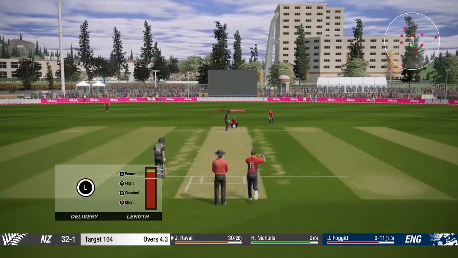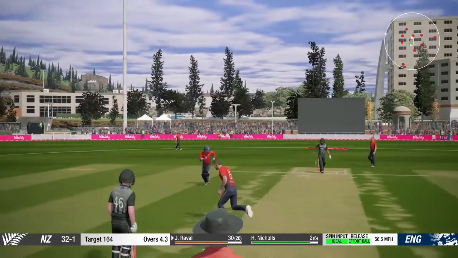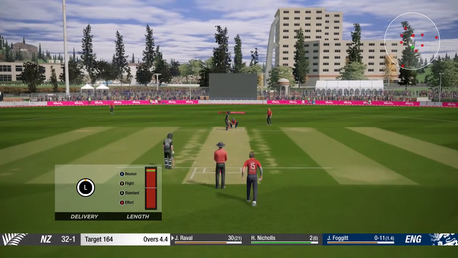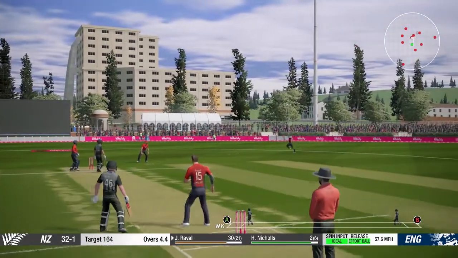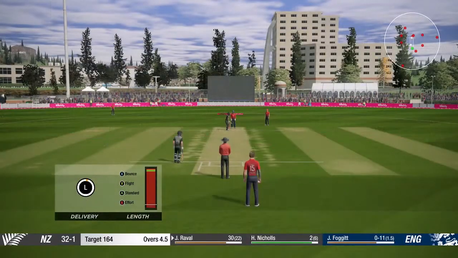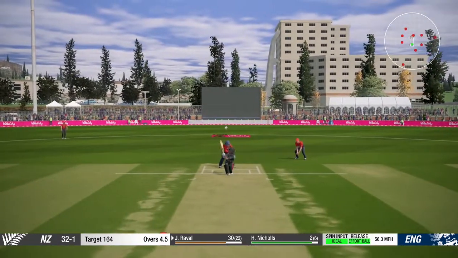I'd rather bowl at the more fresh batsman who's not done much so far, but that's a big thick edge from Raval, and well, he definitely did not like that googly, so we'll try it again, see if he... Oh, it's another edge. Oh, but just stays very, very low, and we have got Raval in all sorts of problems here. Let's do the same ball again, and